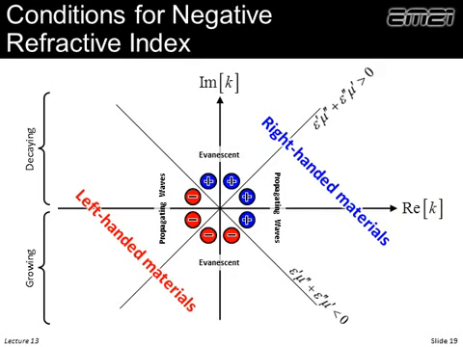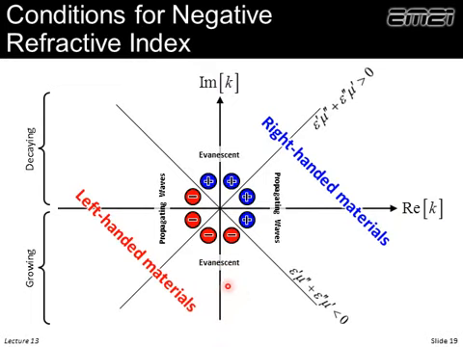So we can characterize a wave propagating through a material or even a metamaterial with its wave vector K. What we show is a plot where the horizontal axis is the real part of our wave vector, and the vertical part is the imaginary part. The larger the real part is, the more like a wave it's behaving. And if we have a very large imaginary part, that means it's decaying really quickly. So if we have large imaginary, that would be evanescent. When we have a positive imaginary component, that's decaying. When we have a negative imaginary part, that's growing.